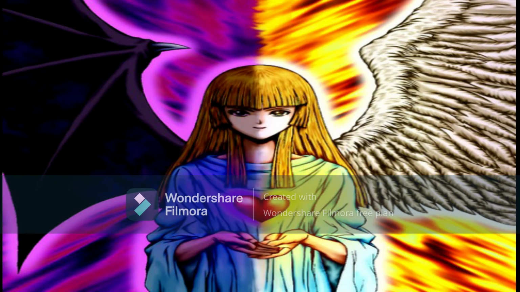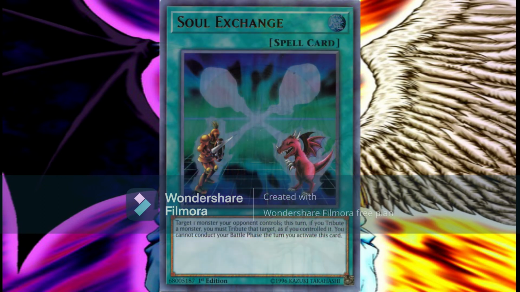Next we have Soul Control's namesake card, Soul Exchange. Slightly different to the other cards in this category, Soul Exchange allows us to tribute a monster on our opponent's side of the field at the cost of our battle phase. Now while not taking control of our opponent's monsters does make this card slightly less versatile, as we can't use its effects or attack with it, this card does offer us the option of combining it with Metamorphosis, thus making